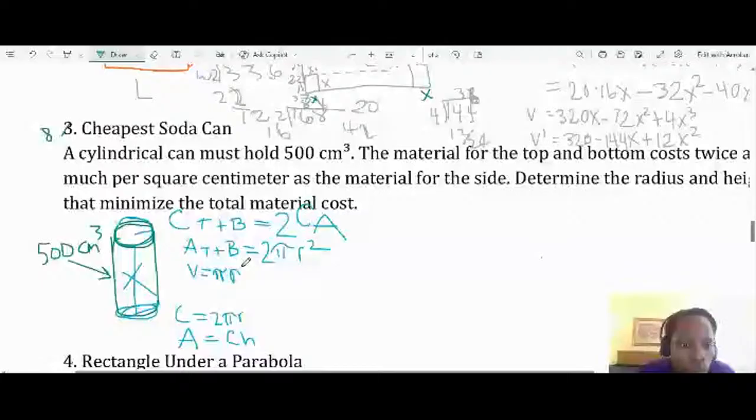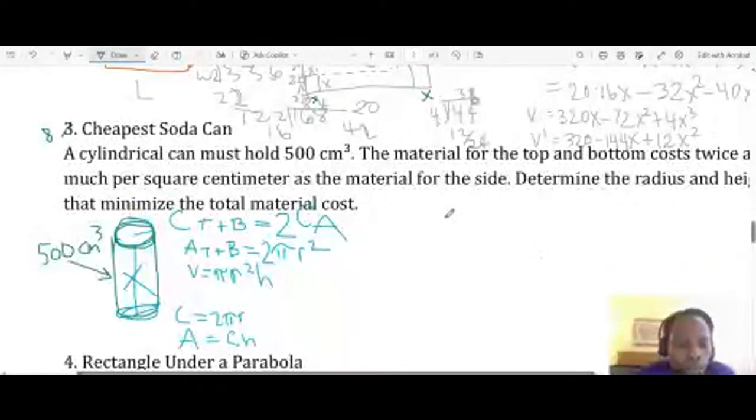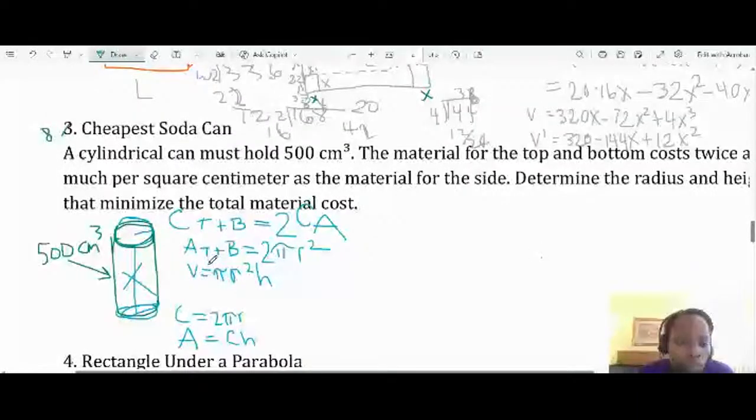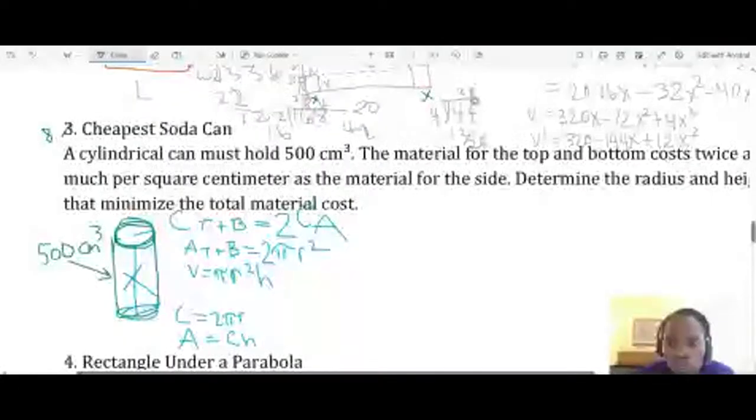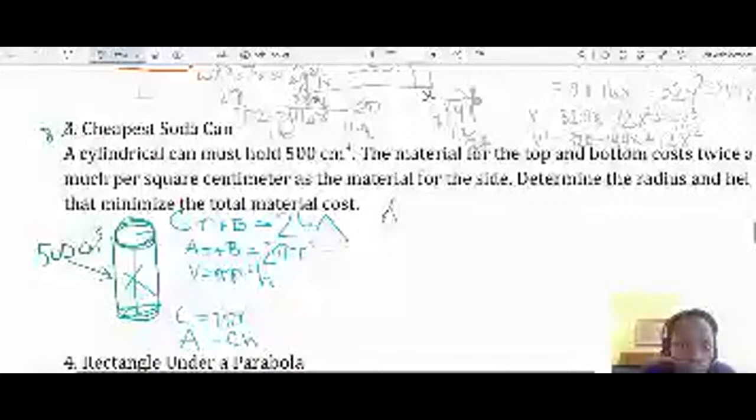Pi r squared h gives us the volume. It's just like saying a whole bunch of disks h times, right? Equals,